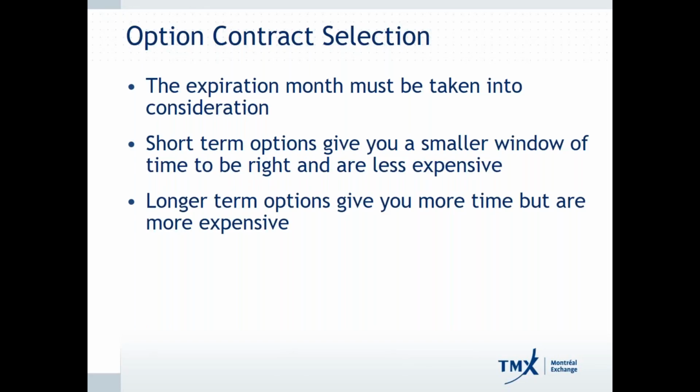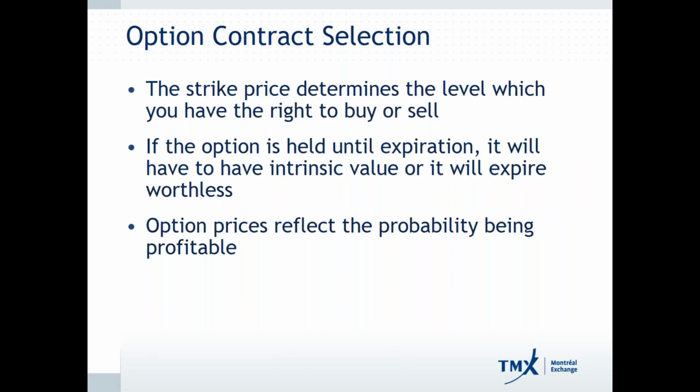So if we circle back to the list of expiration dates currently available, you'll recognize, of course, that the April option contracts are going to be significantly less expensive than the December 2019 contracts. But as the old saying goes, different strokes for different folks. People utilize options for many different reasons, and so again, depending upon what you're trying to accomplish, you might use a short-term or a longer-term contract to trade that outlook.